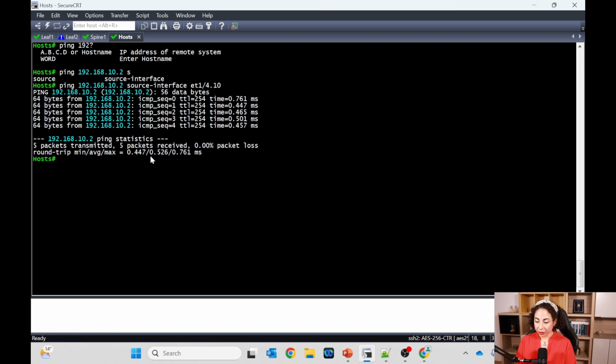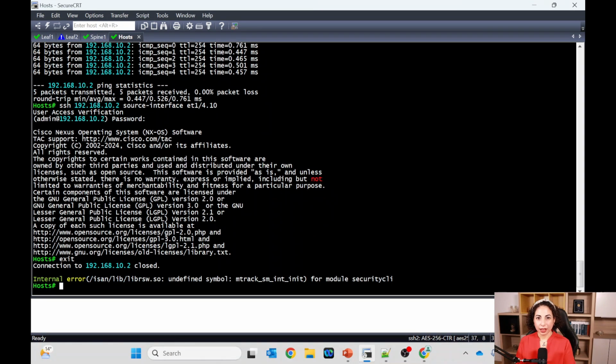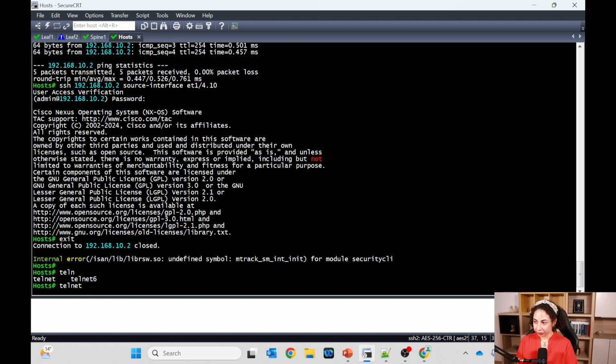We see that the ping is working. Now let me do an SSH towards this address from the source interface. So we see that the SSH is working as well. So I have simulated an SSH from host 1 to host 2. Then let me do a telnet, same to host 2,